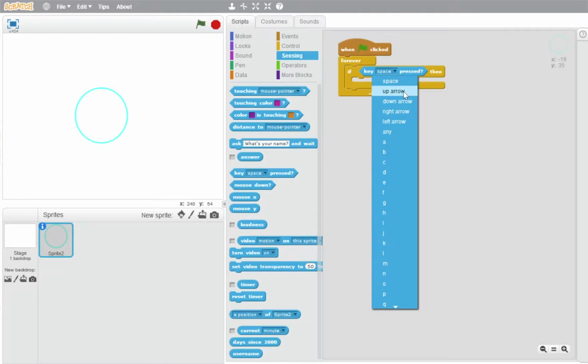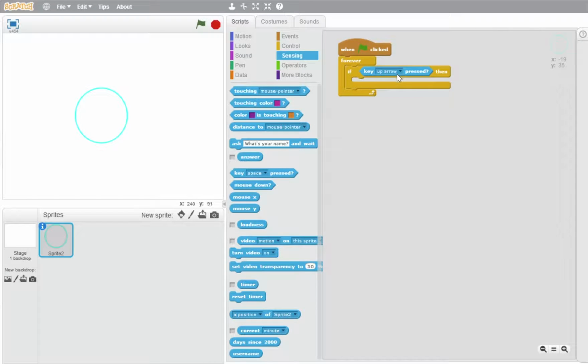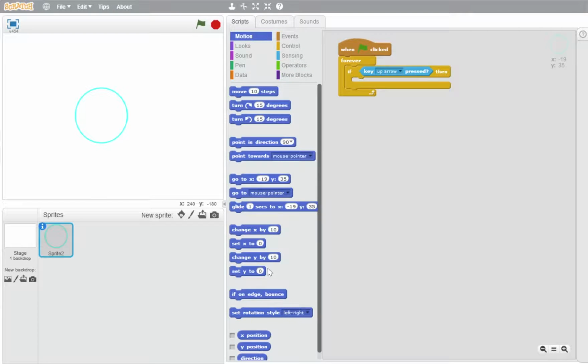So when the up arrow is clicked, under motions, we want it to change the Y value by +10, so that when we run this, we can press the up arrow and it will change the Y value by 10. But also, maybe we want it to